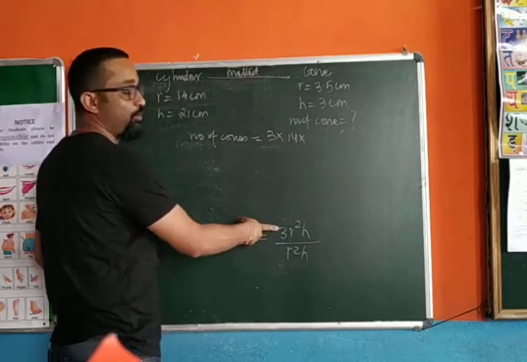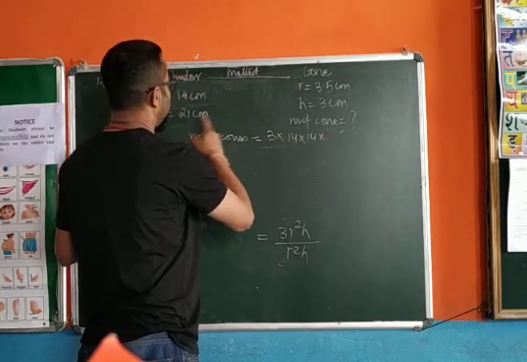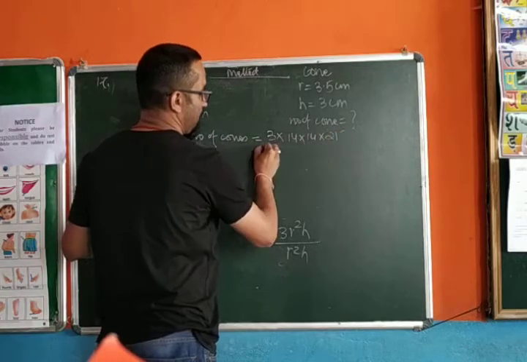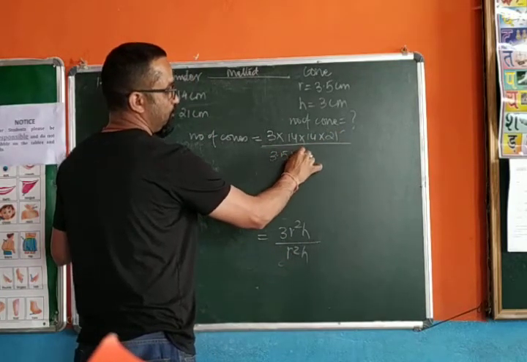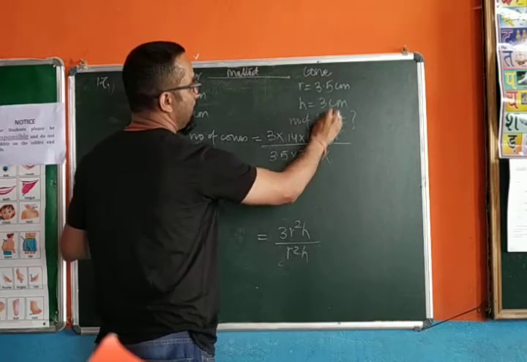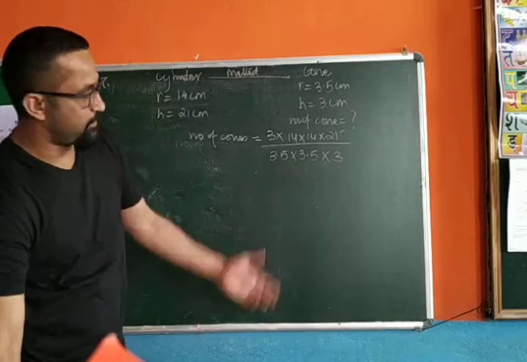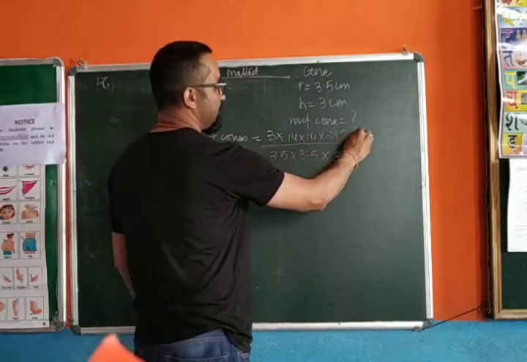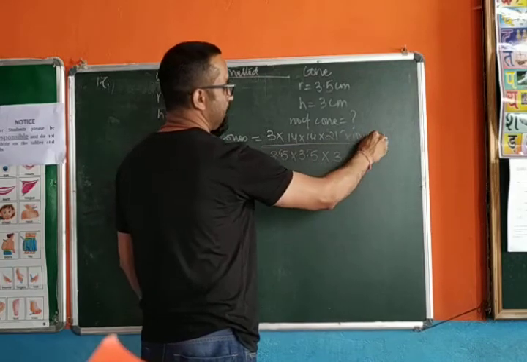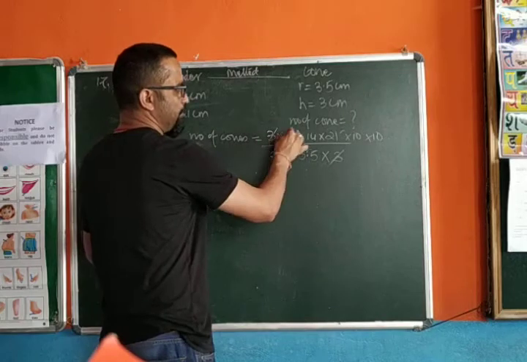Because the cylinder's volume is at the numerator, the height is 21, divided by the radius, which is 3.5, and the height is 3. After this, you just have to cancel. Remove the decimal from here, 10, remove the decimal, 10. 3 cancels, 7 2 times 14,